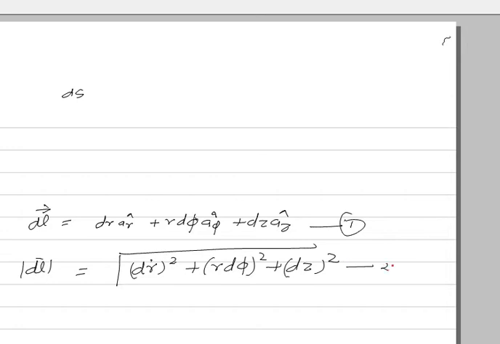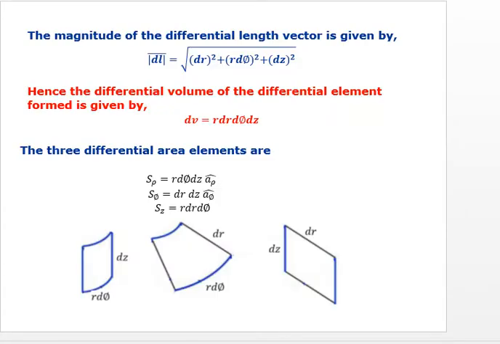This equation is called equation 2. So with the help of these expressions in equation 2, you can write the magnitude of the distance vector. Hence the differential volume of the differential element can be written as dv equal to r dr d phi dz. Similarly, in the cylindrical coordinate system, there are also three differential area elements, s rho,